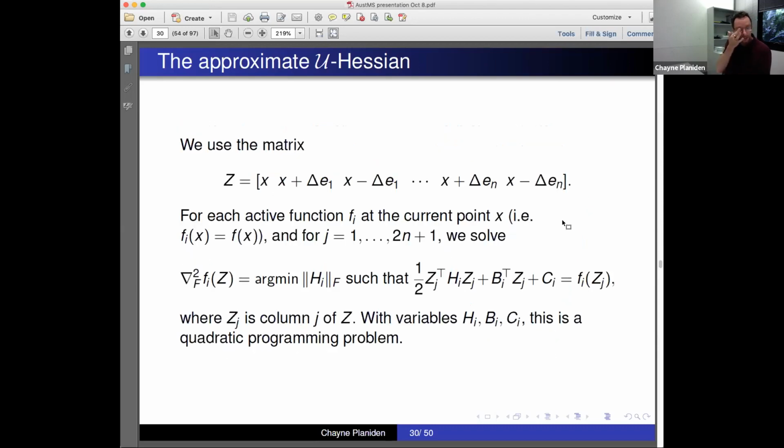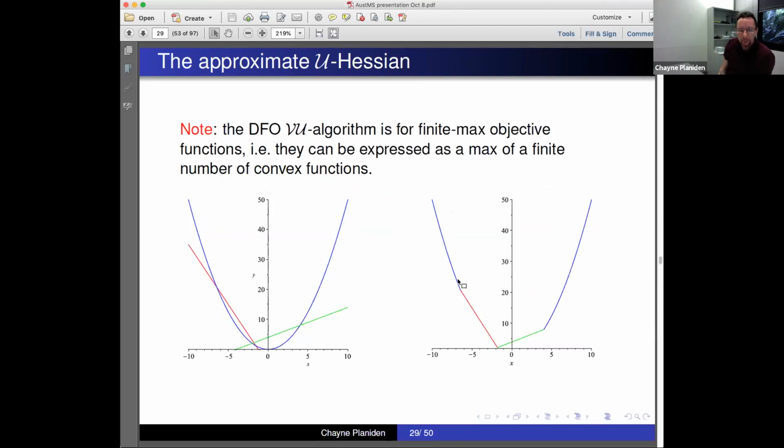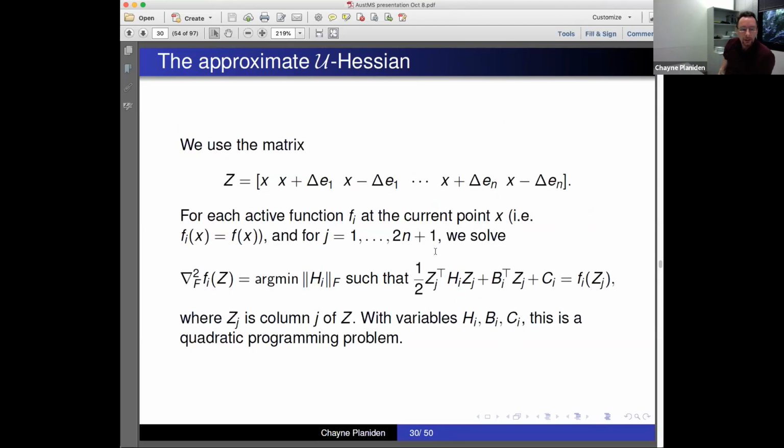So the minimum Frobenius norm problem is this. You need 2n+1 points instead of just n+1 points. So typically you take coordinate directions plus and minus by some step size, the radius of your simplex. And then for each active function, for each of these active components here, you solve the minimum Frobenius norm problem. So H, B, and C are the variables. Z is known. Z is a column. Zj is column J of this Z matrix. And you find the argmin of the norm of H matrix here. And that is the Frobenius norm